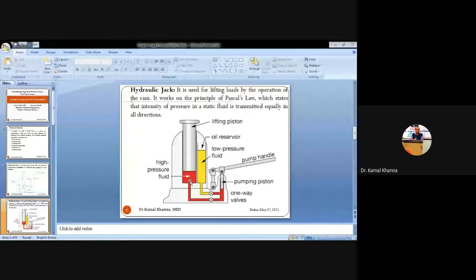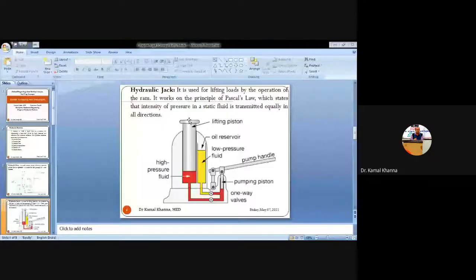lift the load. So the spring and the pressure from the large cylinder forces the ball against its seat when the handle is being raised, so that no oil can pass back through it. Each stroke of the pump handle or the pump lever therefore adds hydraulic oil and builds up the pressure in the large cylinder, and hence it raises the piston, and whatever load may be on the hydraulic ram or on this lifting piston or the platform on which the load is situated, it is being lifted with the help of this hydraulic jack.